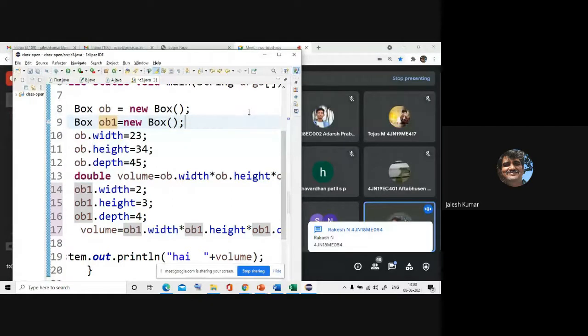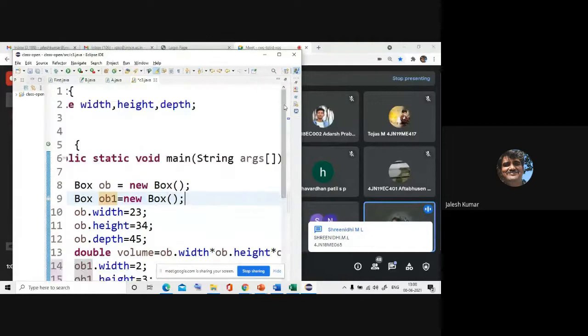Any number of objects you can create. That's where this particular program varies, like when you are defining how many objects you can create. If somebody asks, we'll see that. I think it's clear how to create an object. And see, observe here, I created 2 classes.